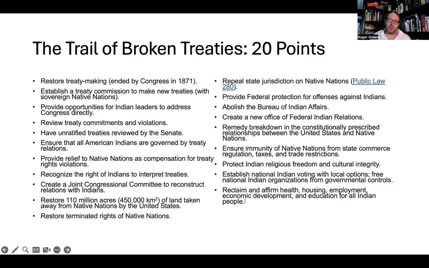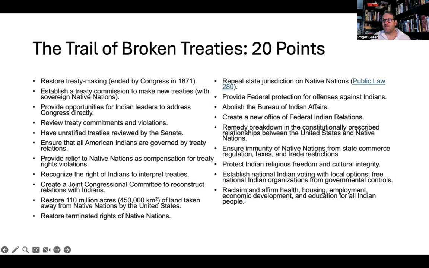They want to review treaty commitments and violations, have ratified treaties reviewed by the Senate, ensure that all American Indians are governed by treaty relations, provide relief to Native nations as compensation for treaty rights and violations, recognize the right of Indians to interpret treaties, create a Joint Congressional Committee to reconstruct relations with Indians, restore 110 million acres of land taken away from Native populations by the United States, restore terminated rights of Native nations, especially from the 1950s,